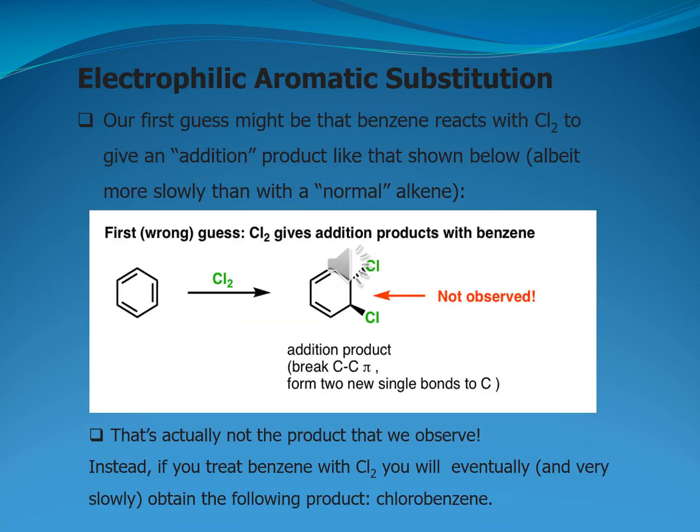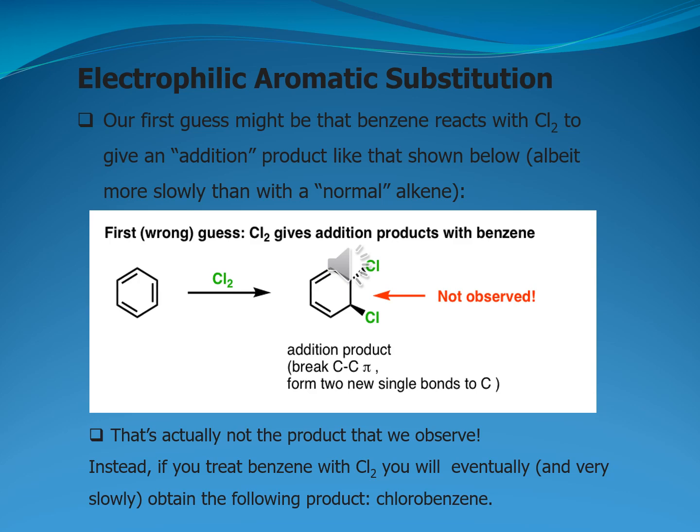Before going to discuss the electrophilic aromatic substitution reactions, let's see the background of these reactions. As you know, our first guess might be that benzene reacts with chlorine to give an addition product like that shown below, although more slowly than with the normal alkenes. You can see over here in this example the reaction between benzene molecule and chlorine. It gives